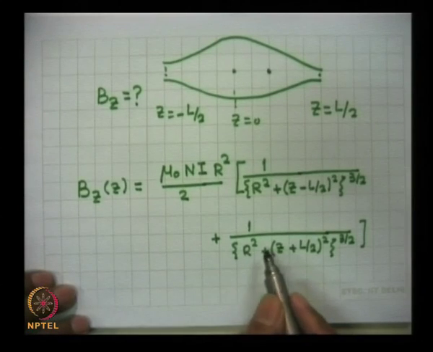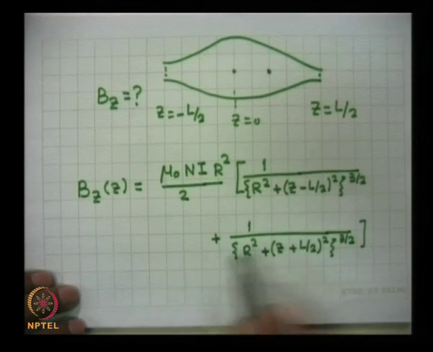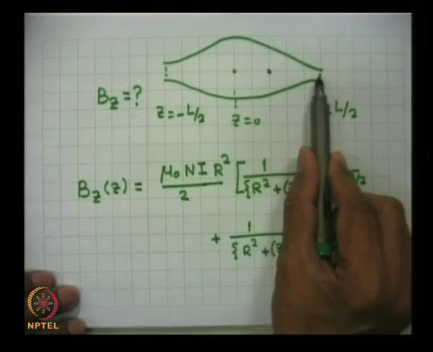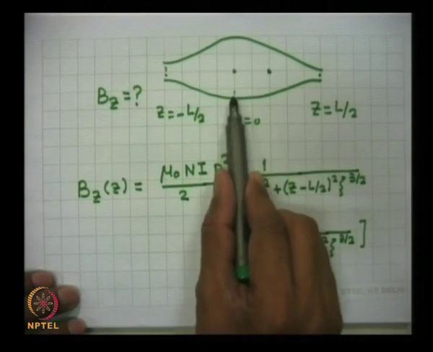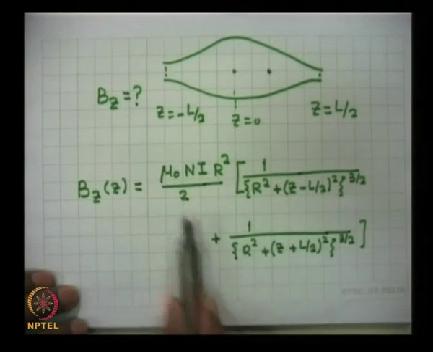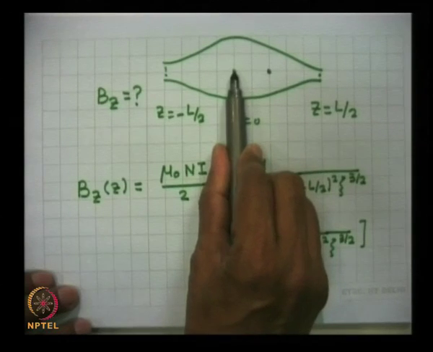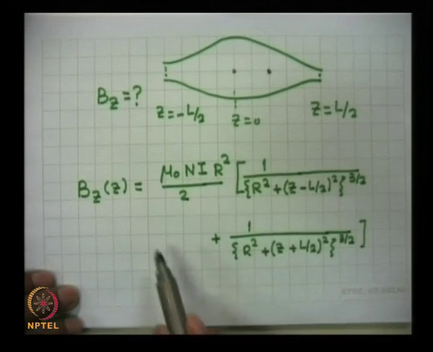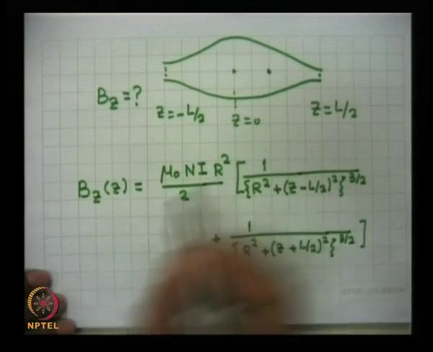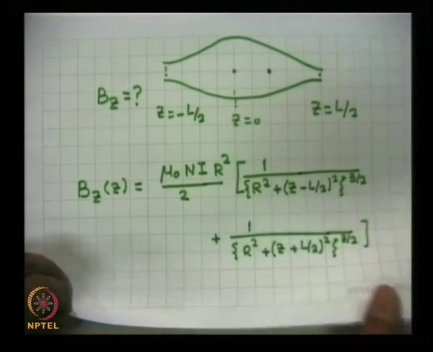Now, this is the magnetic field at any point z on the axis. One may find that if L by 2, the length from the mid plane to the throat, is much bigger than r, then this has a minimum in the mid plane and maximum at the throat. So, these two fields, one called B minimum and another called B maximum, can be easily obtained from here, and one obtains